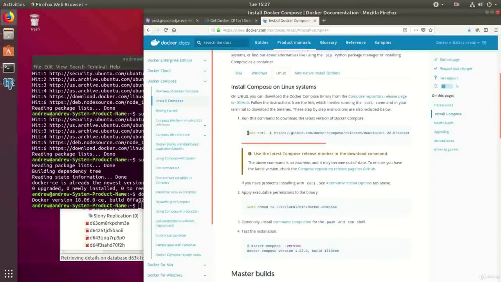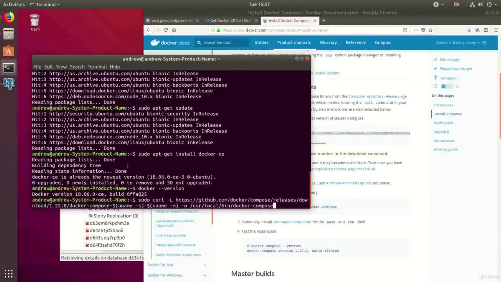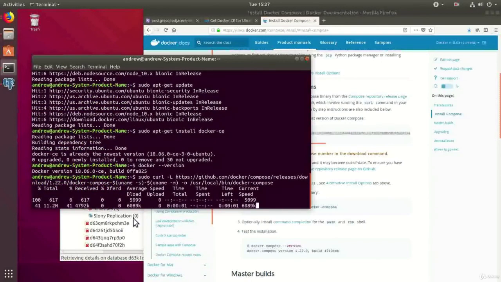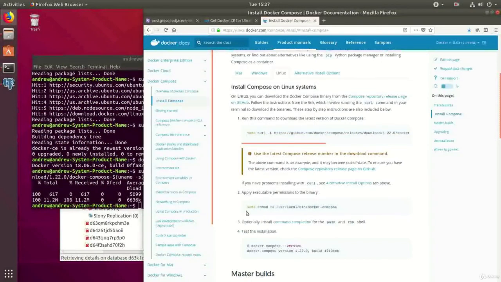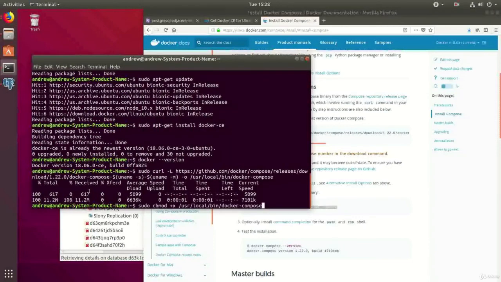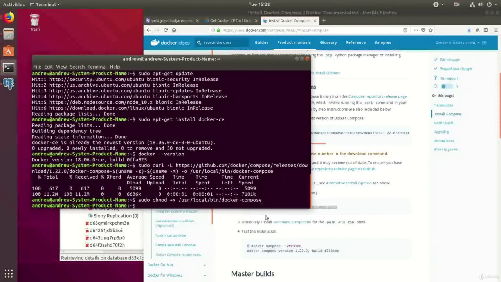So right here, we are going to fetch what we need. Make sure to grab the entire command, even what's not shown without scrolling. I'm going to fire that one off. And once that's done, we're actually going to mark that as executable using our chmod command. Chmod. I've never said some of this stuff out loud, so sorry if there's an official pronunciation for that. I don't come from the Ubuntu world, but I did want to make an installation video showing you how to get everything set up. So I'm going to run that over here, marking the file as executable,